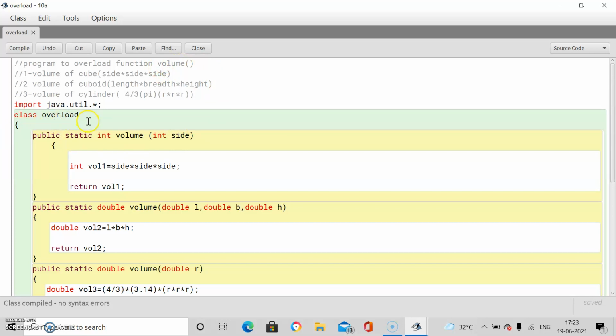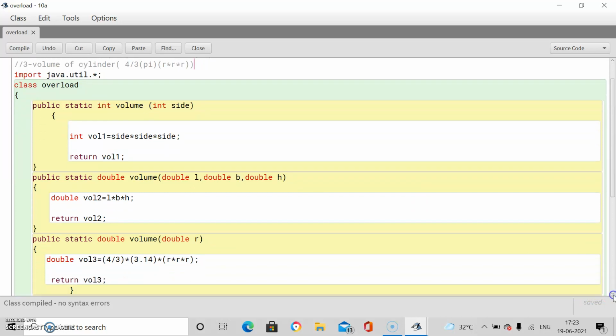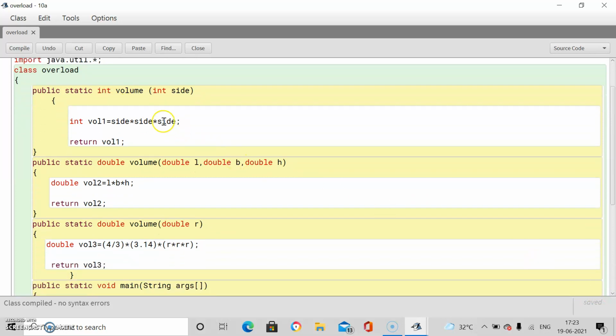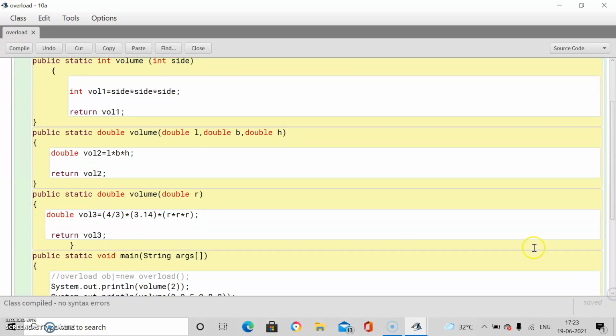So I have written a class overload. In this program there is no use of java.util.asterisk. I have just written class overload. Then within that class, public static int volume. In this program there are 3 functions with the same name volume.